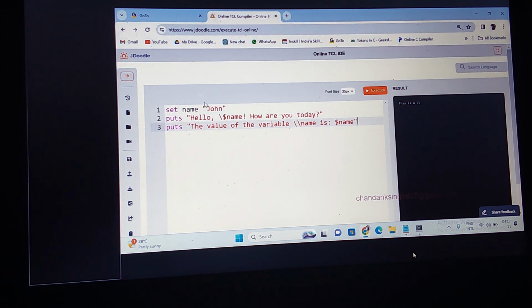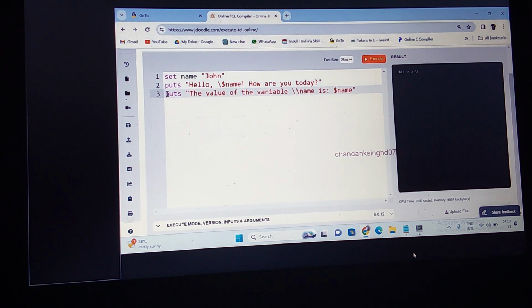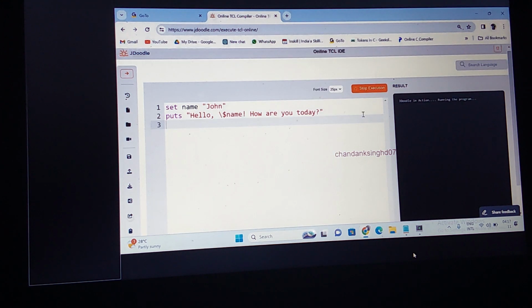Hello. So I'm using a backward slash. Whether it is going to escape, the dollar symbol is a special character, whether it is escaping. Okay, let me run this first. So understand the program. Is it escaping the dollar symbol? Okay, now you tell me what is this? I have removed the backward slash. Hello, John. How are you today? What is the difference between this and this? Without the backward slash, with the backward slash?